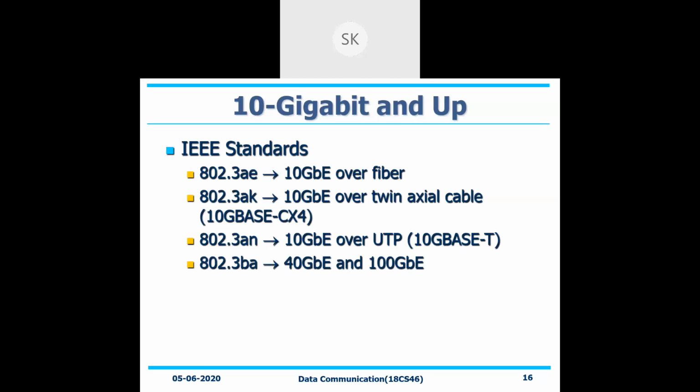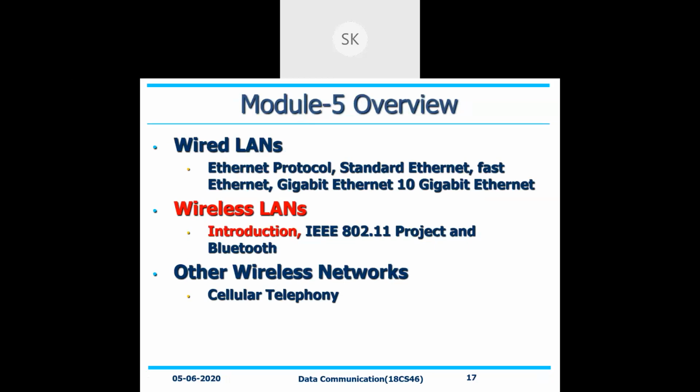So with respect to your 802.3ba is also there. With respect to BA, if you are going with it at that time, 40 gigabit Ethernet and 100 gigabit Ethernet, you can just take care about it. So this is with respect to what are all the standards that you are having. Based on that, what is the wire that you are using for making the 10 gigabit of data that you are transmitting in the channel. That ends your wired